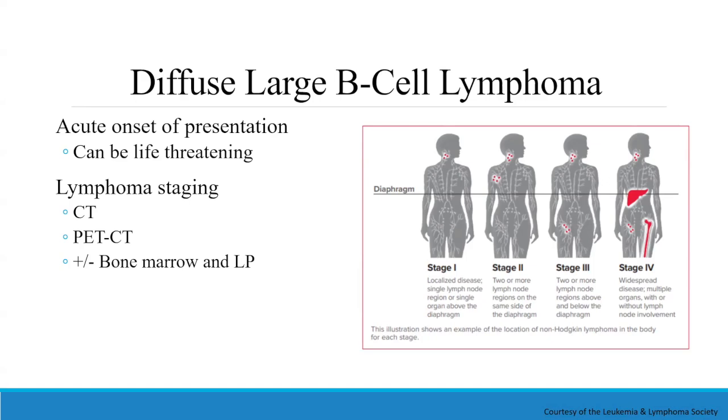This is a schematic looking at how we actually stage lymphoma, looking at where the lymph nodes are located, above, below the diaphragm, as well as any extranodal disease. And I make a point that staging for lymphoma is very different than it is for our solid tumor counterparts. A stage 4 lymphoma is prognostically not that far off from, say, a stage 2. And as I'll touch upon later, the treatment is still very different. The treatment is the same for a stage 4 diffuse large B-cell lymphoma as it would be for an earlier stage, unlike what we'd expect in something like a colon cancer that was stage 4.